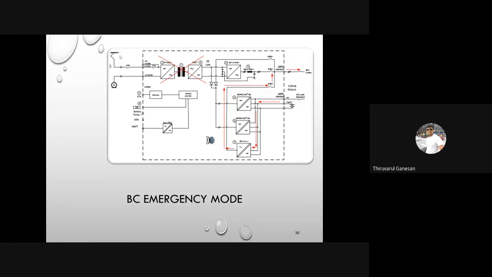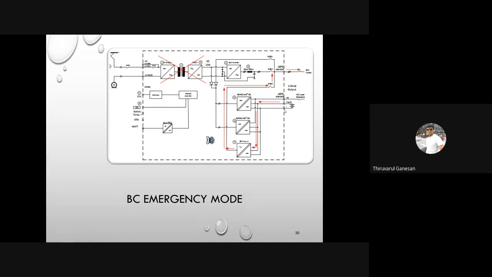So you're not able to charge your 110 volt here. Maybe if it is stuck somewhere in the middle of the track, or stuck in the underground, this will be a life-threatening situation. So in this situation, it will be a complete blackout. You're not able to open the doors because the door needs some control supply, it is completely blackout, and it needs some control algorithm to actuate the door, or manually you can pull the door with a lever. It is available near the door. In this particular situation, all the passengers cannot be evacuated immediately.